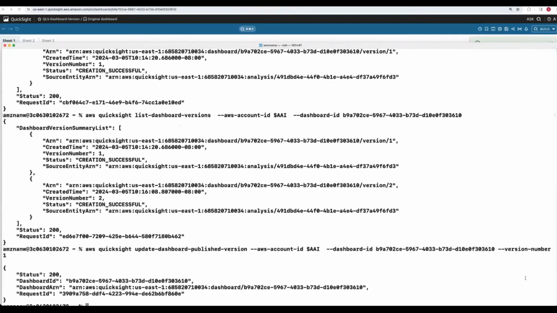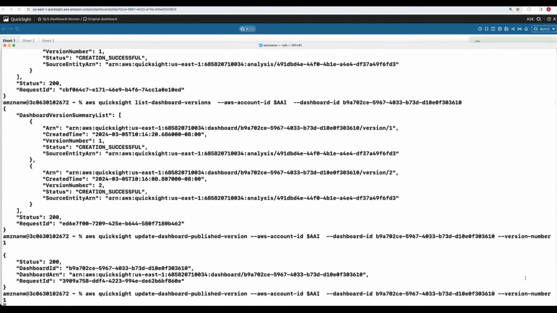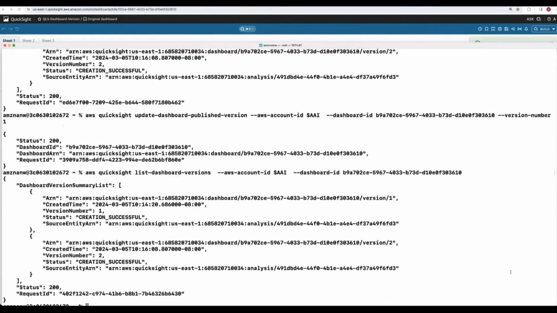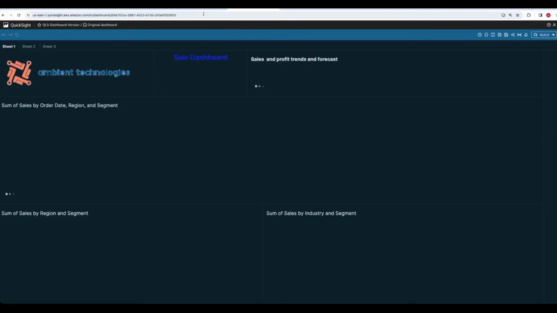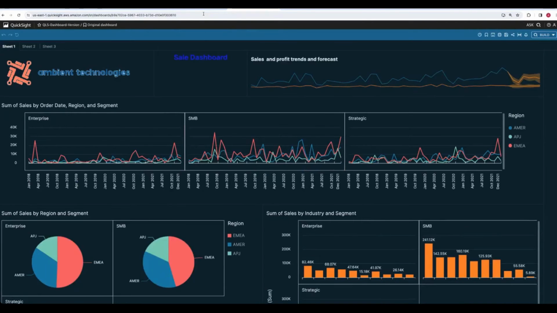Okay, so it seems to have executed successfully. And let's look at the versions. So there will be still two versions, but my current version is 1. If I refresh this particular dashboard, you will notice that it changed to the previous version, which is dark theme